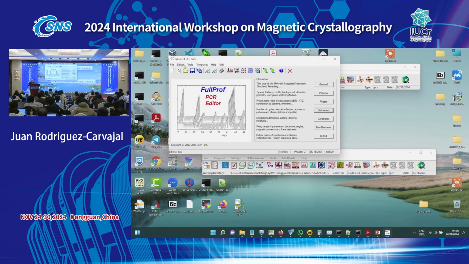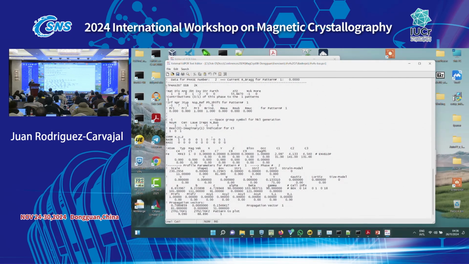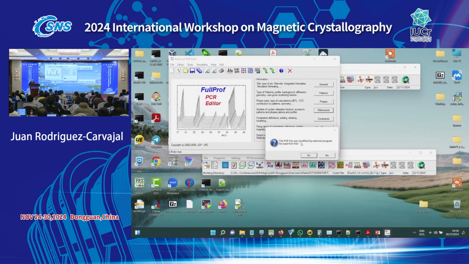And then if you want to see the PCR file, you see Input Control File here, and you see here the PCR file. If you modify something here by hand, for instance, let me just put something like that. I have changed nothing. If I save and I close, you see the PCR file was modified by external reload. Yes, I reload. Then you can play with the 2 things, just editing directly the PCR file or going through the GUI and do different things. You can, for example, output.